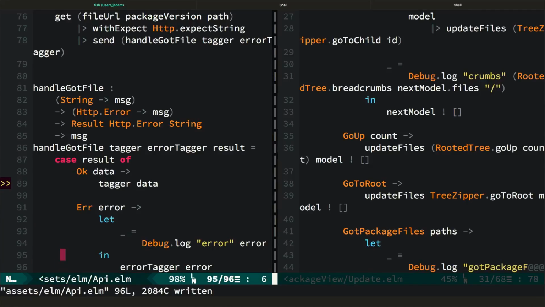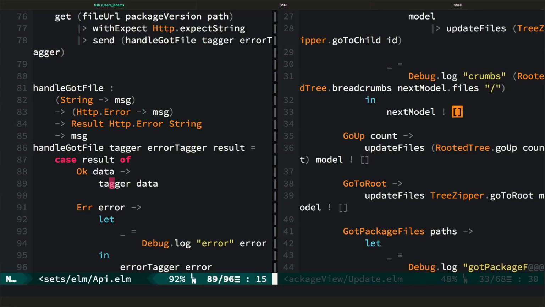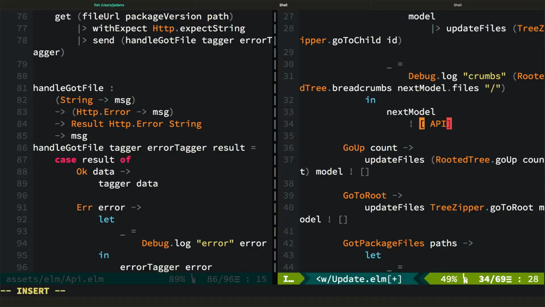Sure, we'll call that that. Zip out. Okay, and so handle got file. So here now we have the path we want to get. And we'll deal with the fact that I want to do list.reverse. I'll just do list.reverse before I pass it in. We'll say like API get file,